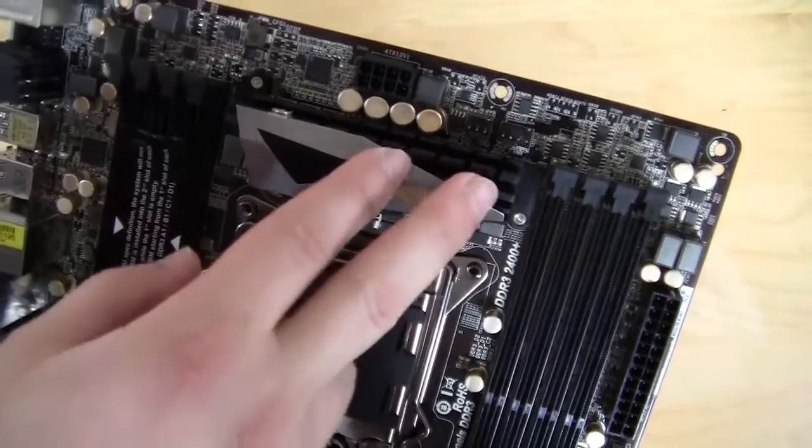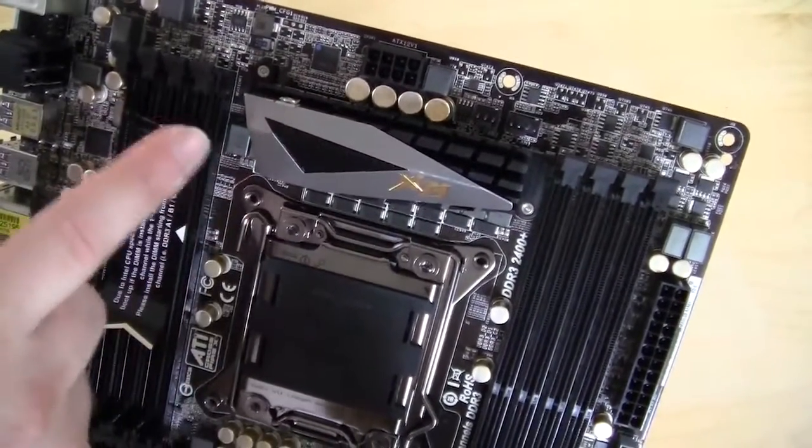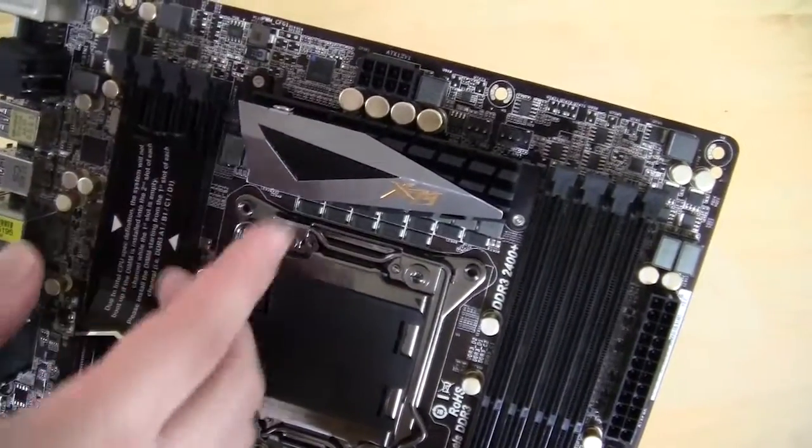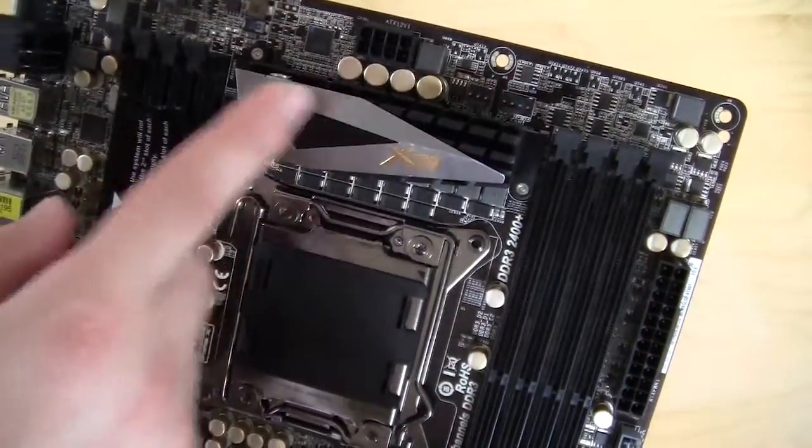And I like to see both right here, just for the fact that a lot of higher end CPU coolers use multiple fans and you want to control those fans individually, so you can connect two fans right there. You do have